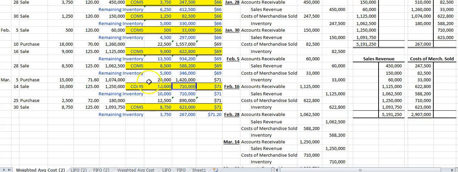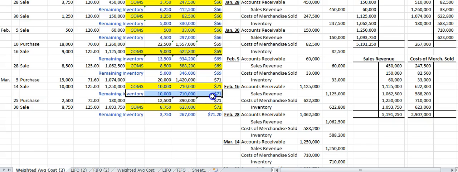And we go ahead and we roll down our remaining inventory. We had 20,000, we sold 10,000, so we have 10,000 remaining, and we simply bring the $71 down because we're going to keep that weighted average cost with the remaining inventory,